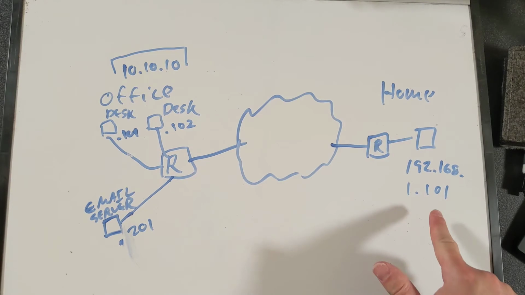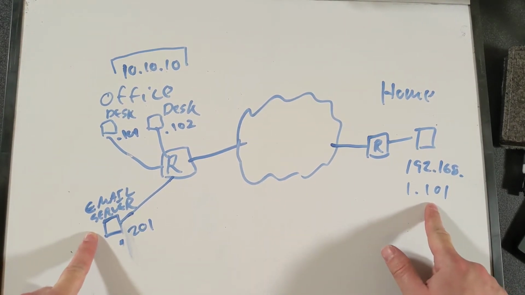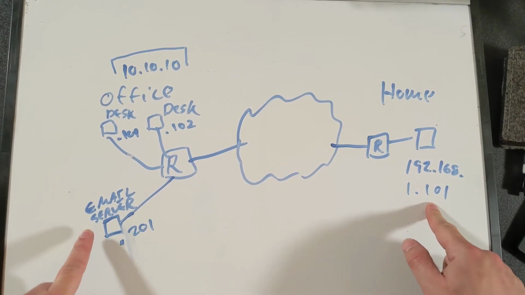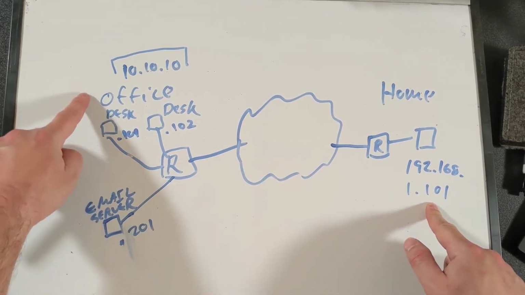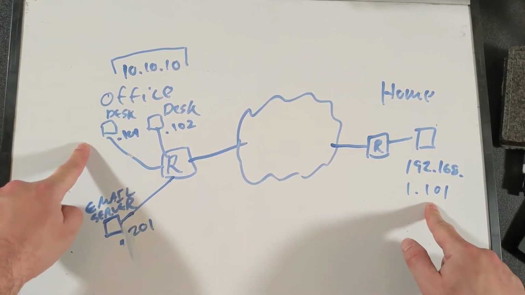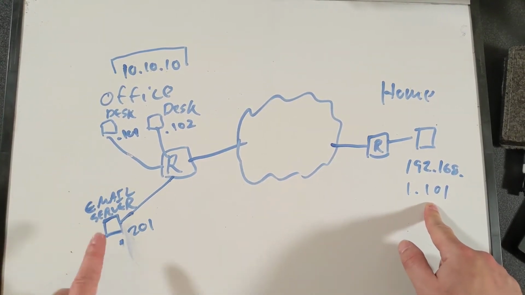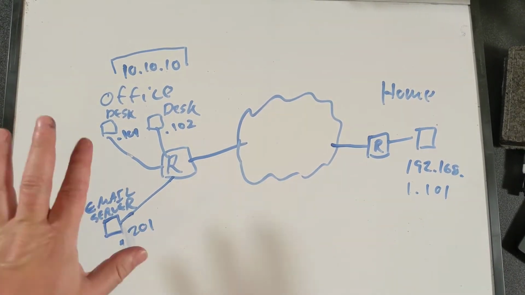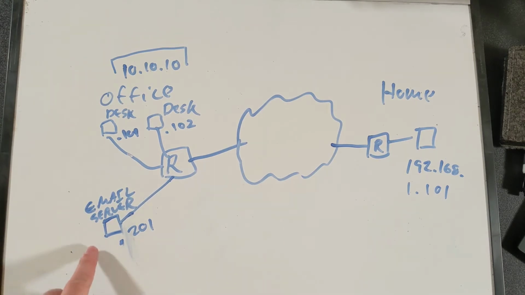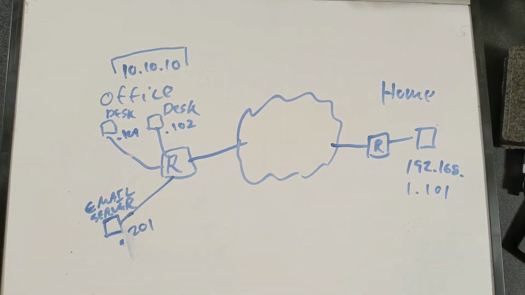So if we want to allow this user at home to connect to this email server at the office, probably the most straightforward way to do that is to just give the email server a public internet address. We can have the router handle having some people have local private addresses, and then have 1 or 2 things with like port forwards or multiple virtual local networks. There's a whole bunch of ways to handle that from a networking perspective, but the simplest solution is just to give this a public address, and then the home user can connect to the public address and everything will work great. And that's probably the right solution in this case.